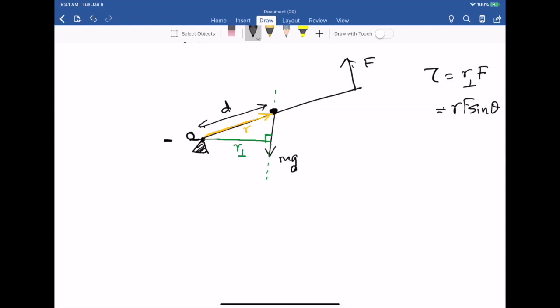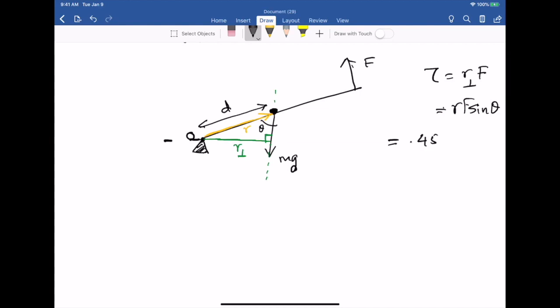R F sine theta. What is the theta? Theta is the acute angle between the force and the R vector. So theta is this angle, right? What is the value of theta? Theta is clearly 60 degrees in this case. So what is the value of the torque? So the torque would be R F sine theta. So that's going to be